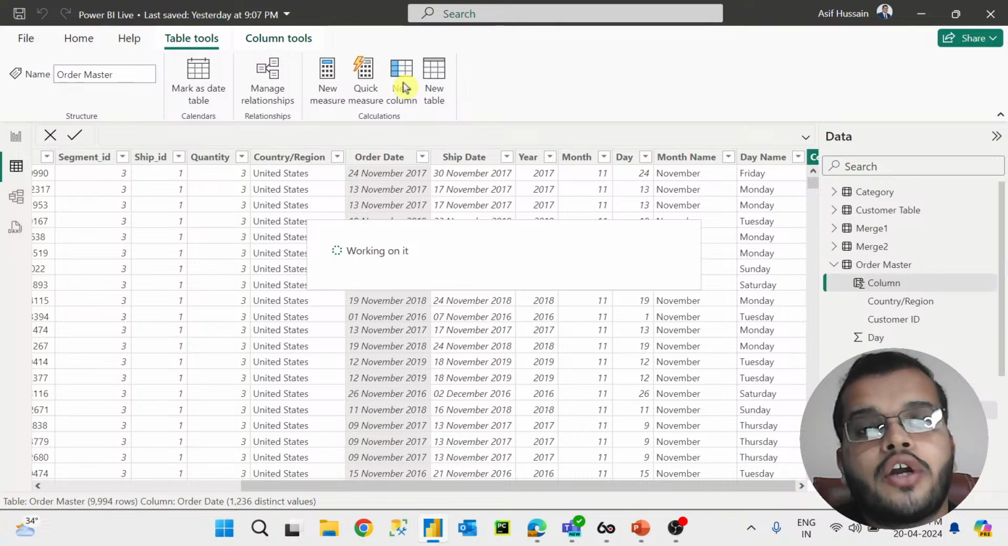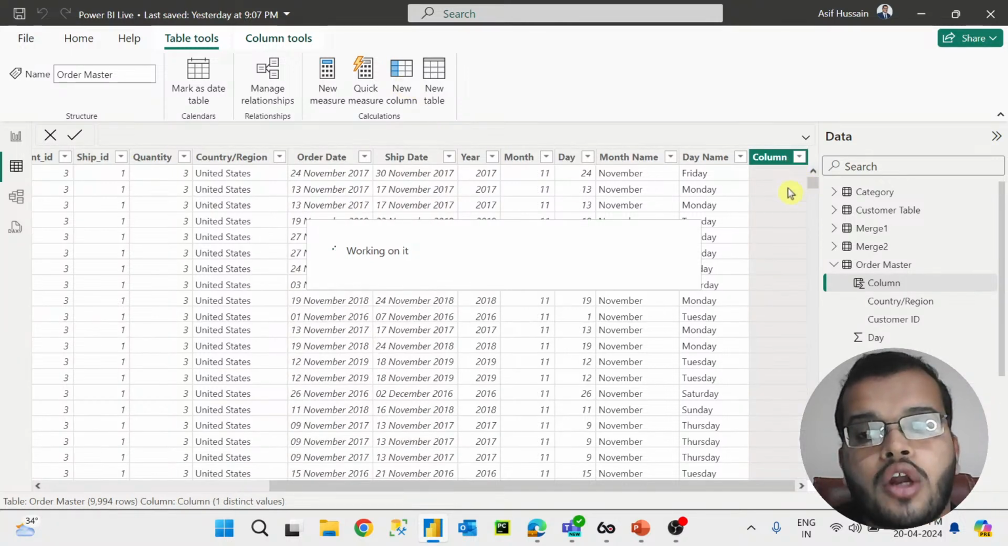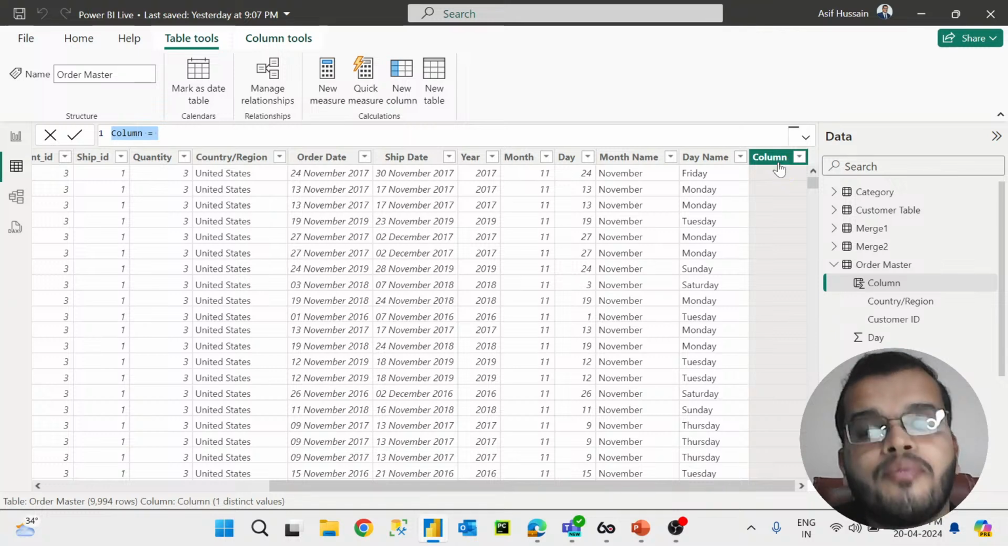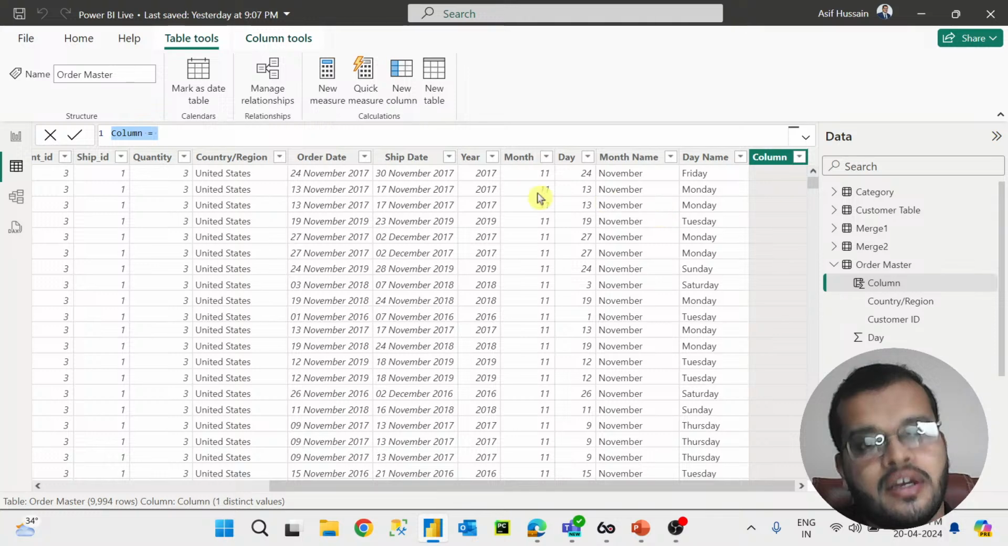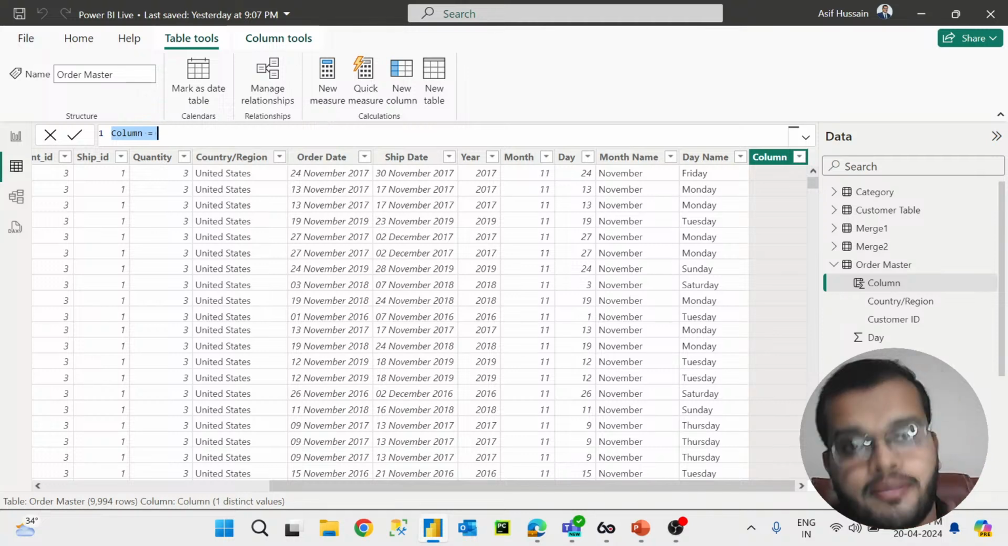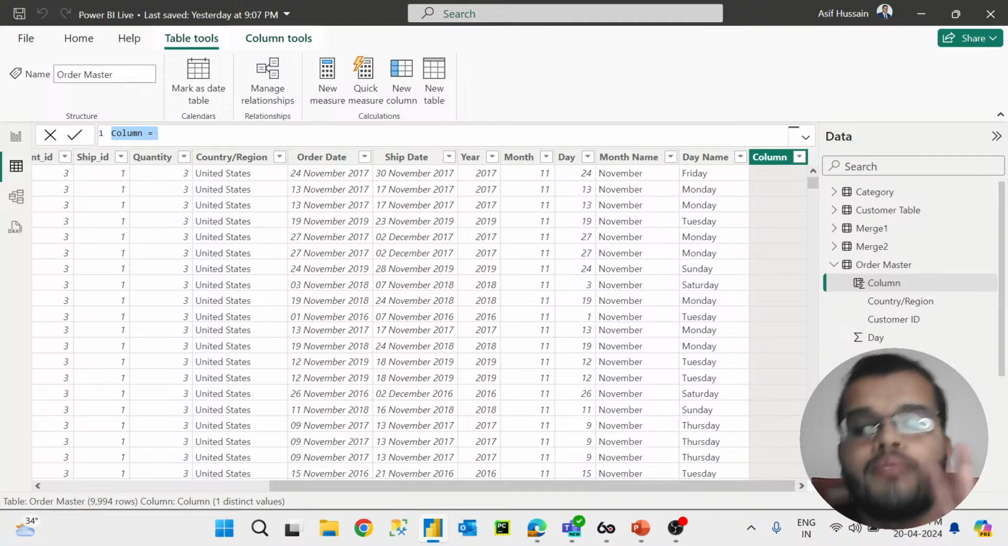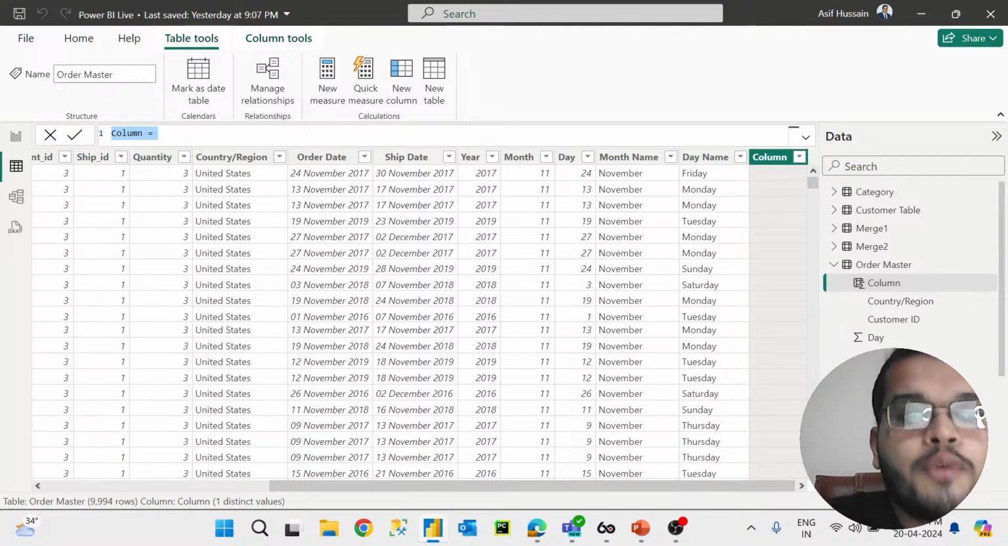When I have clicked on a new column, a new column is physically visible here in the data set. Now I have to write what my column name is. Please make sure that two column names should not be the same. So for this, what I am doing here,